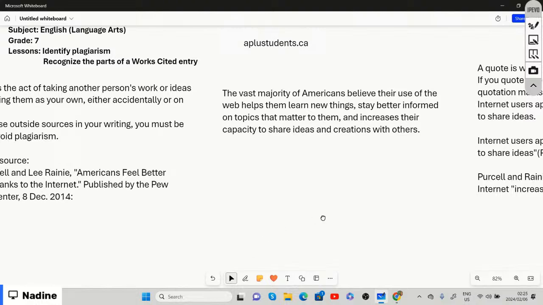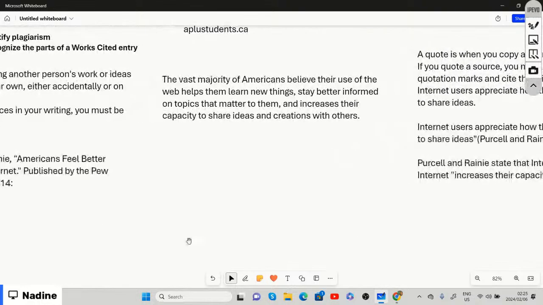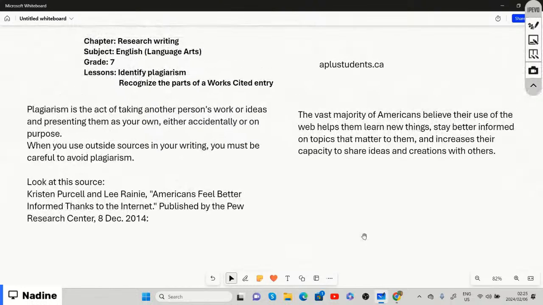And then we said a quote is when you copy a source's exact words, and you must put the words that were copied into quotation marks and cite the original source. And remember, when it comes to not being caught plagiarizing,